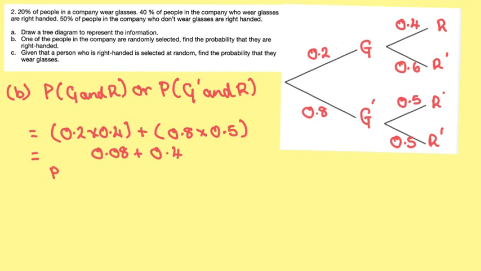So the probability of right-handed is equal to